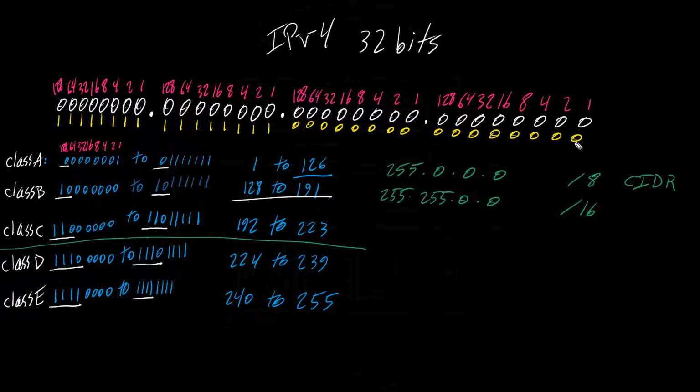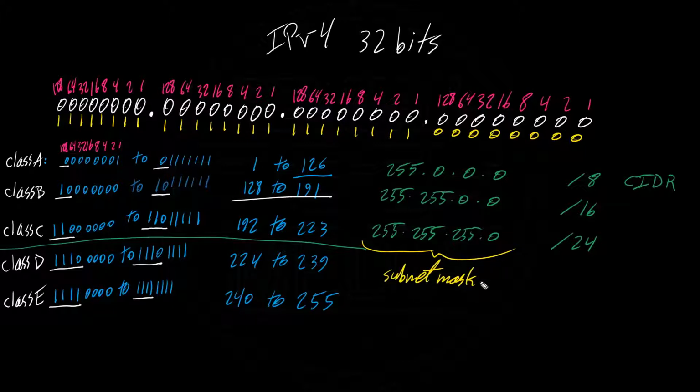Now let's move on and talk about class C. For class C, the default subnet mask is 255.255.255.0, and the shorthand version, or the slash notation, is /24. What does it mean? It means that for class C, we have the first octet, second octet, and the third octet all turned on. So these are the default subnet masks